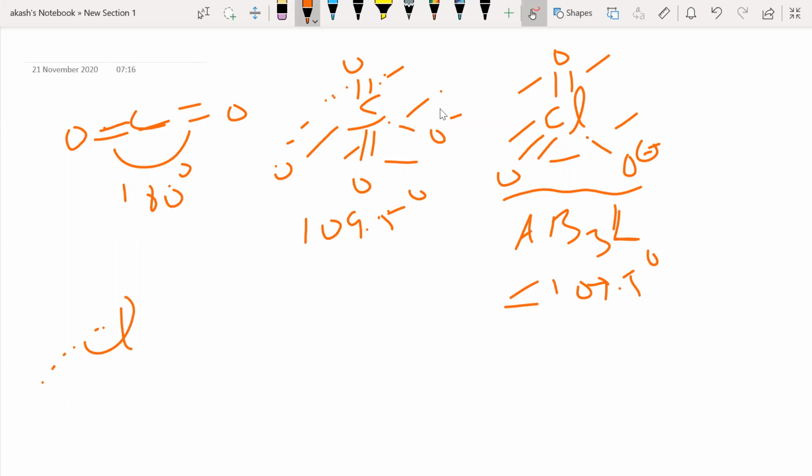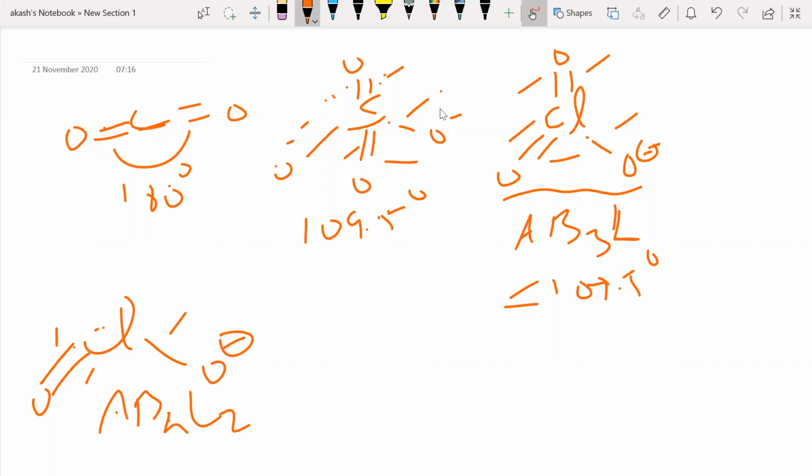Why is it happening like this? Okay, so now if you look at this, this is ClO2 minus, right? Now tell me how many lone pairs, quick. 2 lone pairs. Yeah, totally. I had 7 valence electrons. Out of that, 1, 2, 3 are involved in bonding. So 4 electrons are left out. So 2 lone pairs, right? So this is of the form what?